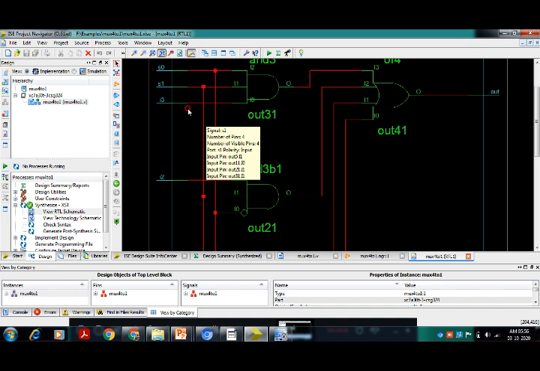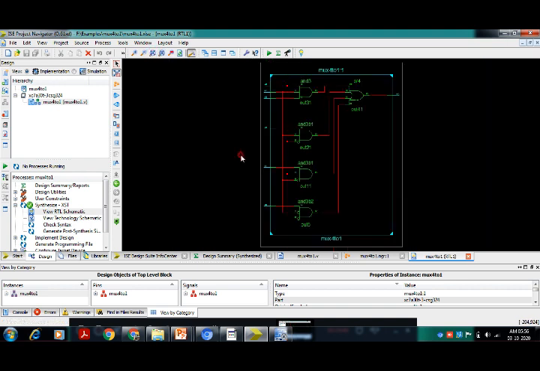So whatever value available at I3, it is available at output. So this is how it has implemented the network. It is how gate level implementation is understood by your tool. So it has used 4 3 input AND gates and one